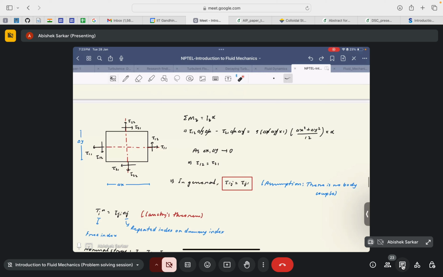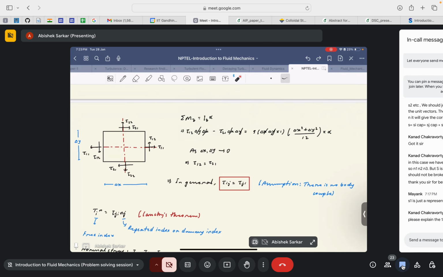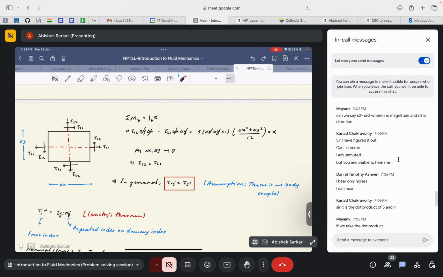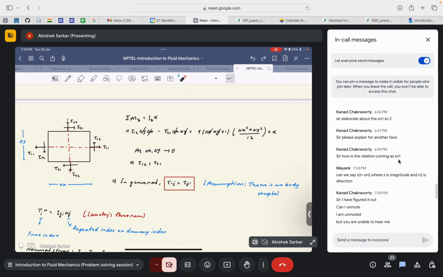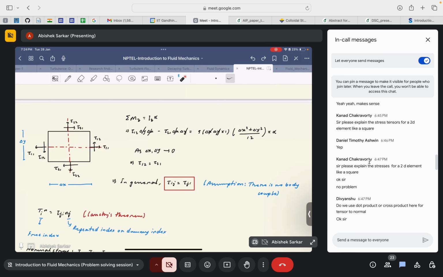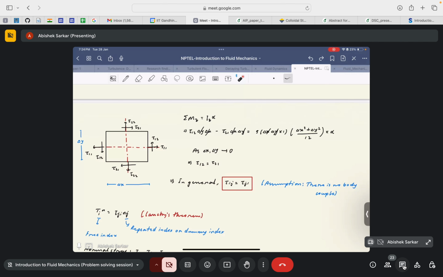So I think one of the doubts was regarding the stress along a particular... One of the students, I'm sorry I forgot the name, asked about the stress distribution over a square. Okay, so considering the same sign convention, if we consider this along the x direction and this along the